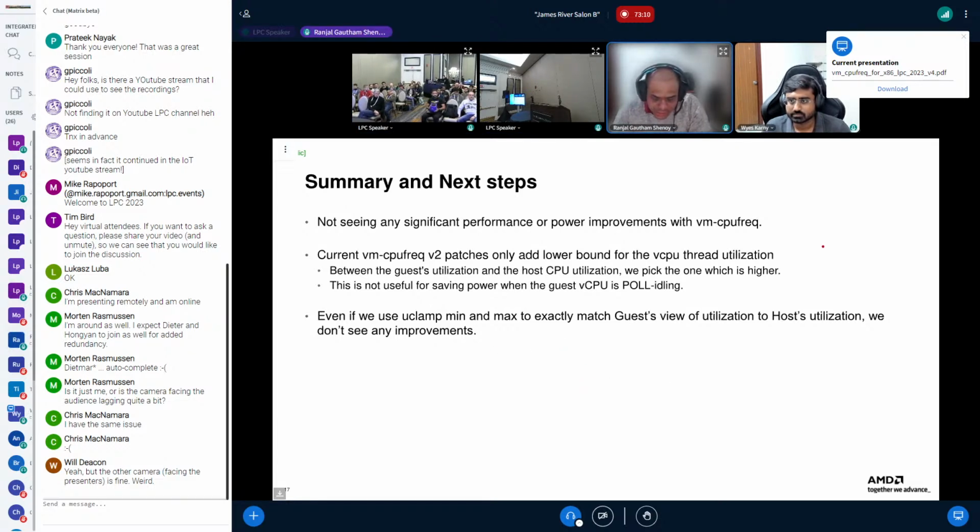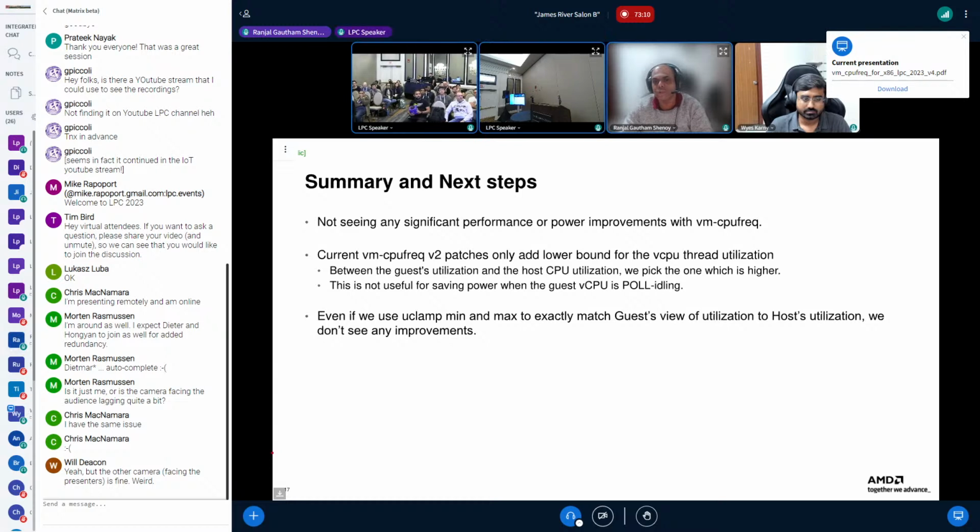So Joel, the intention here is that if we are able to communicate the frequency requirement from inside the guest to the host, say we ask for a lower frequency, or rather we share the utilization with the host, we should be able to take that into account the next time schedutil computes the frequency. So it knows that there is a guest thread running which is not doing anything useful, and takes that into account while determining the next frequency, and thereby asks for a lower frequency. That was the intention, because these vCPUs are pinned.